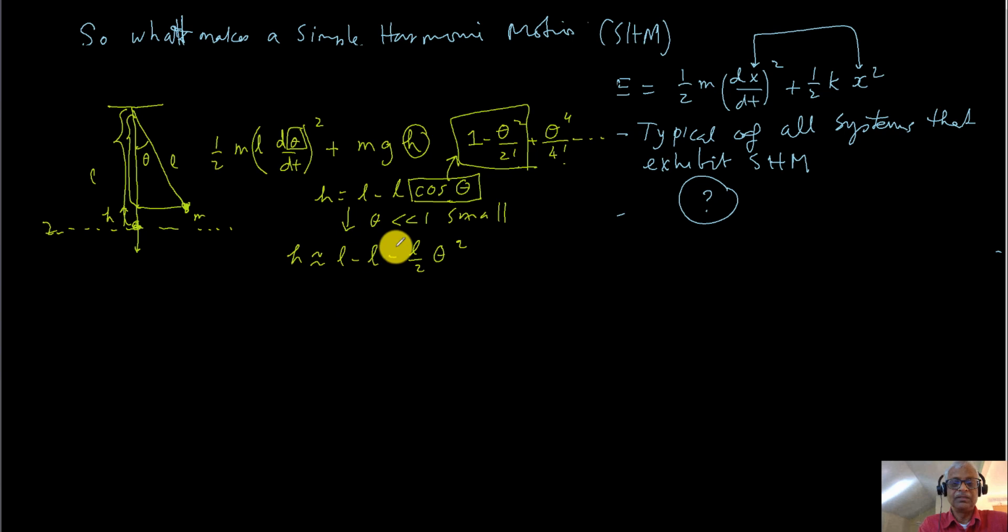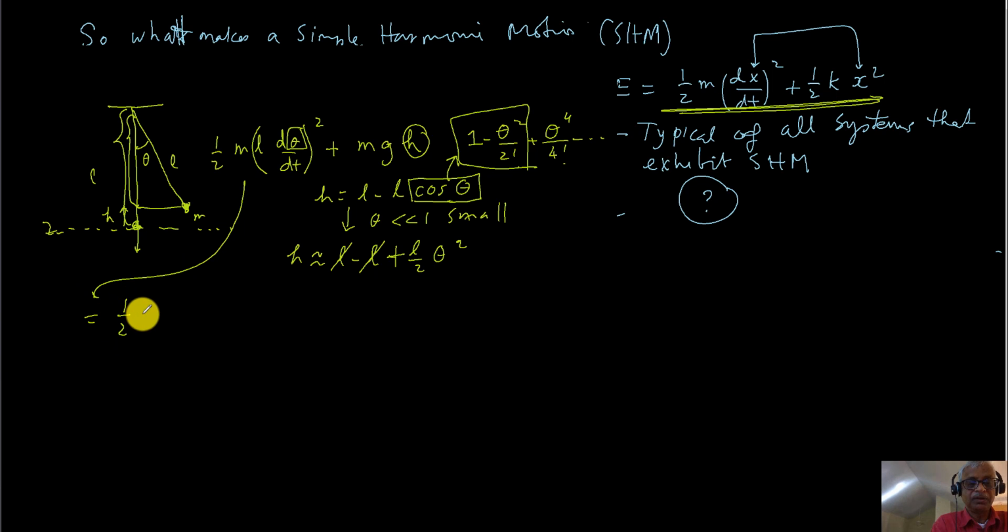Now we can arrange it to make it look like that. So the kinetic term becomes half m L square, which is what replaces m there, times (d theta over dt) square,